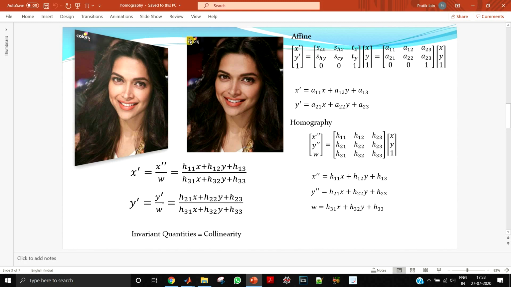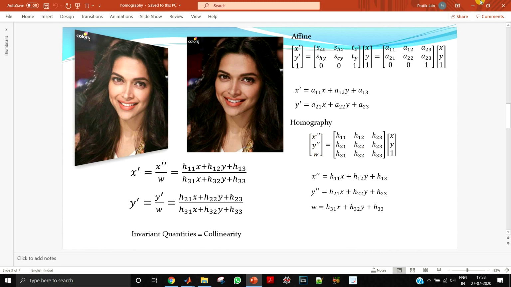So x comma y, if I have a pixel over here, in MATLAB language, it will be say 1 comma 1. The top right is nothing but 1 comma 1. So this 1 comma 1 will come over here, x1 y1, and this is 1, and that will get multiplied with this transformation matrix that we have, and we will get x double dash, y double dash and w.